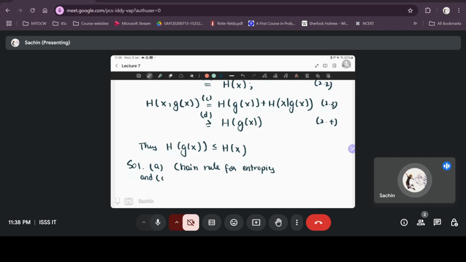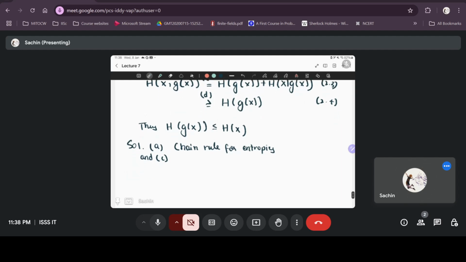And the justification for C is also chain rule of entropies. So by chain rule, H of X comma g of X can be written as H of X plus H of g of X given X, or it can also be written as H of g of X plus H of X given g of X. That's the chain rule. Justification for B